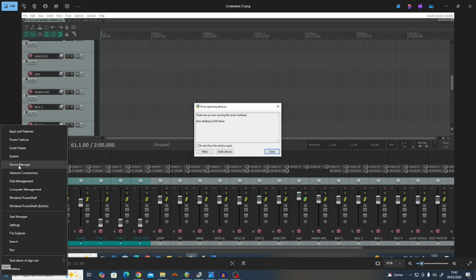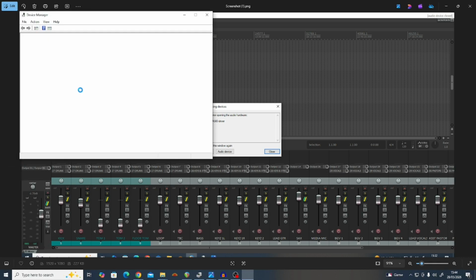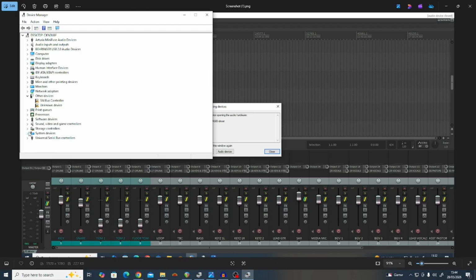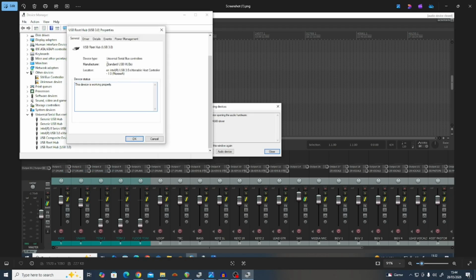So I came to device manager and over to the USB serial bus controller. Usually on a PC there are a lot of ports, some 3.0, some 2.0. What I just did was I came to properties. You might not really know which port you're using. Then power management, then uncheck this, allow the computer to turn off this device to save power.